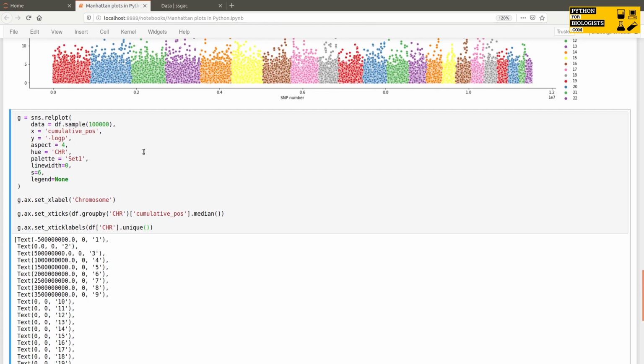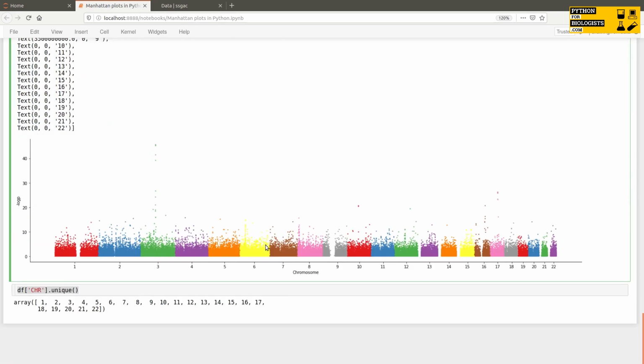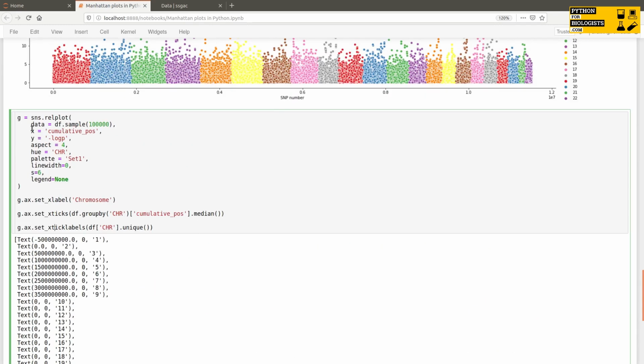Again, this is a very typical pattern that we see when using Seaborn to do fairly specialized charts like this. We've got one big function call to relplot to set all the things that we can set in Seaborn, and then we've got a bunch of extra little method calls here to adjust the properties of the chart that we can only adjust by going through the matplotlib interface. So we can see nicely the distribution of chromosome sizes and SNPs and so on. I'm going to leave this code then, I think, in the